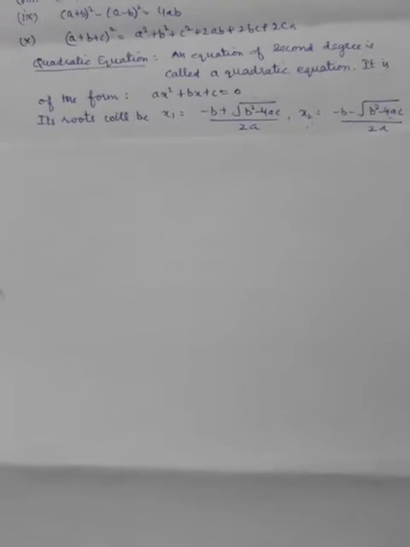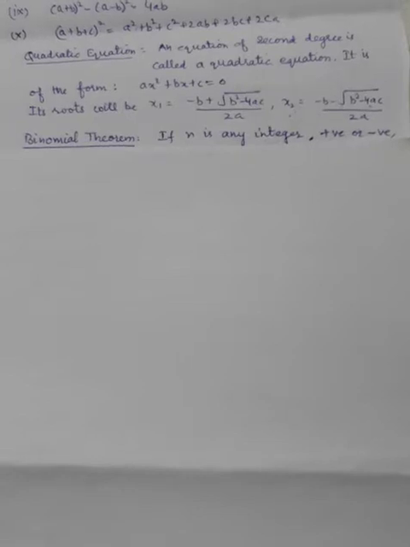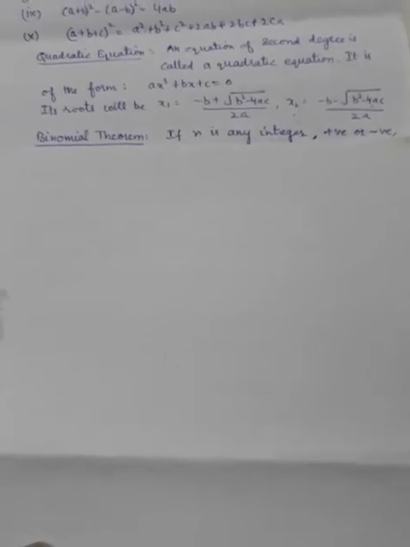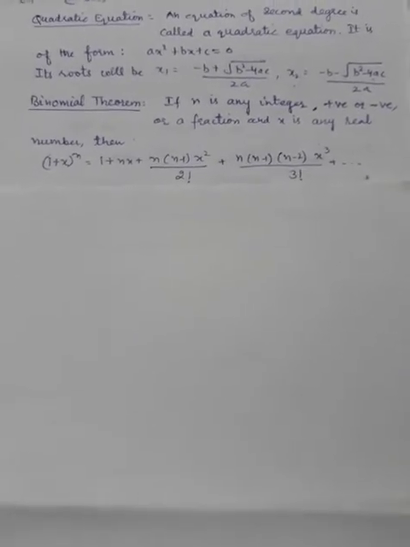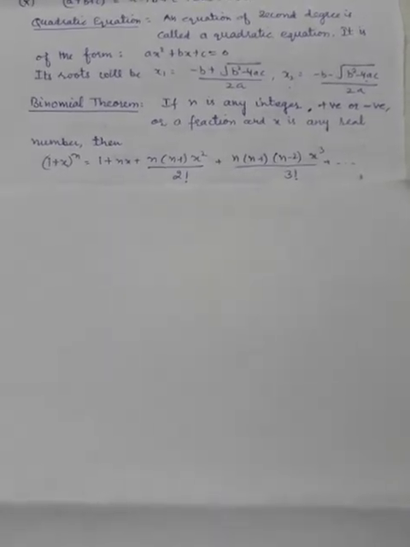Now the next topic and the important one is the binomial theorem, and it will be used extensively for deriving certain concepts, certain derivations in physics. So what is its statement? If n is any integer, positive or negative, or a fraction, and x is any real number, then (1 plus x) raised to power n is equal to 1 plus nx plus n(n minus 1) x square upon 2